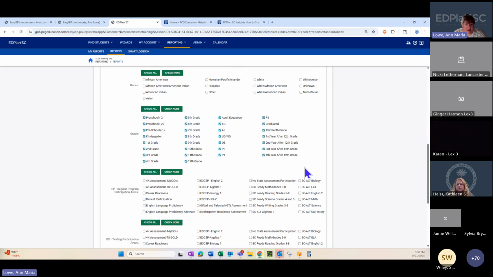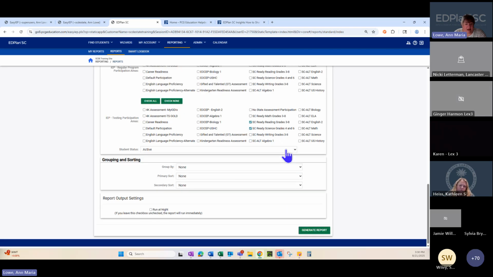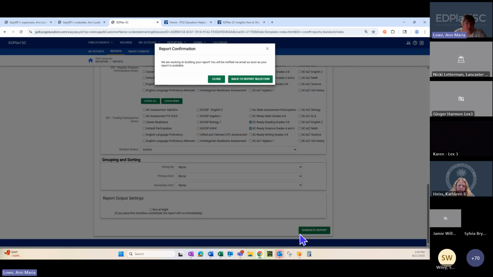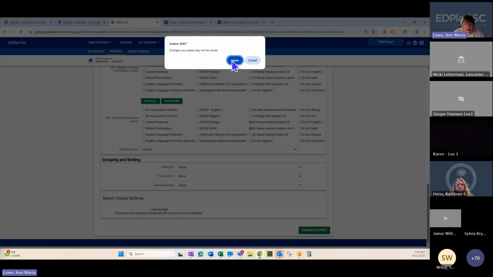I check what testing participation areas I want, and then I can generate that report. Once again, it will take some time to run and pull up, but it will come up with your accommodation report. And I was wondering if I have that. I think I ran that recently.